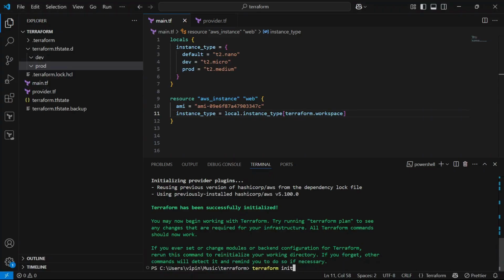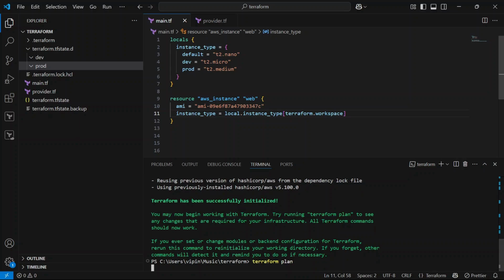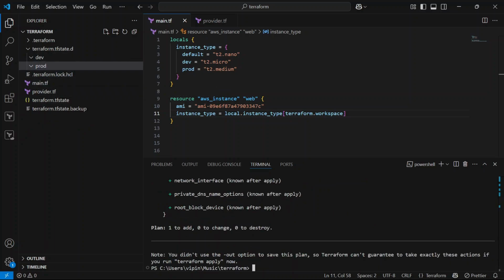And run terraform plan to see what resources our terraform configuration is going to create. And you can see here in the prod workspace we already got the tf state file, right? But nothing is in it, because we have not yet provisioned our infrastructure, we just ran the plan only.